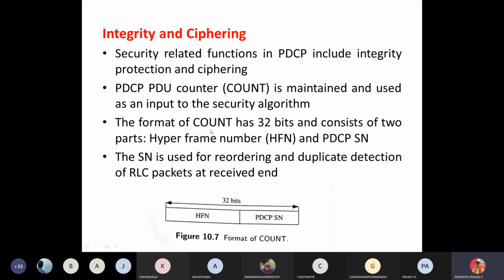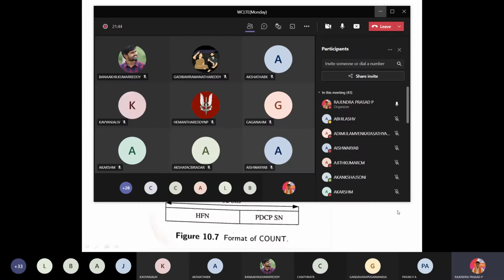Right, integrity and ciphering. So security related functions, like passwords and all those things. Now you observe the username and password. In net banking, if I take that example, if I open that session, internet banking will open in a separate window, and there you cannot save your username or your password.